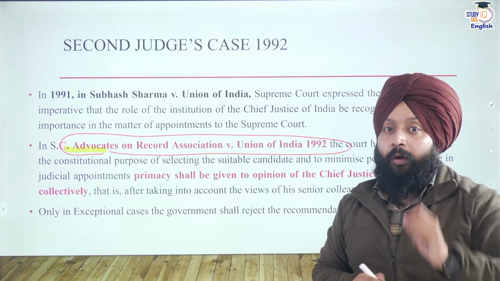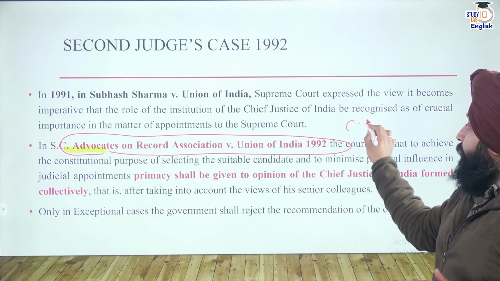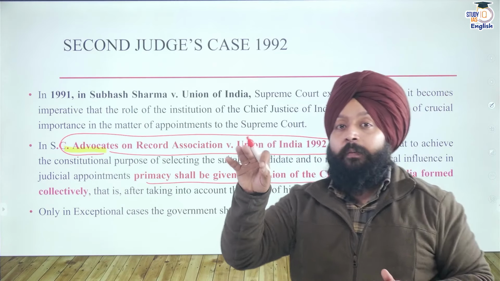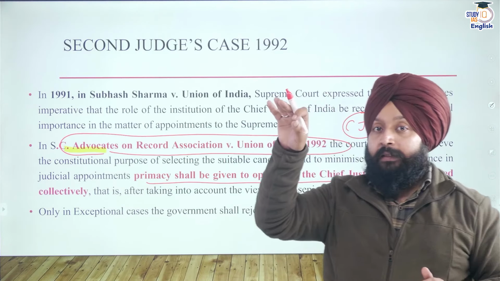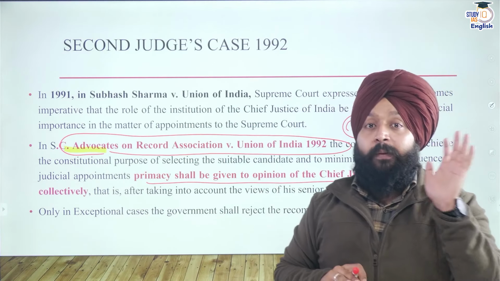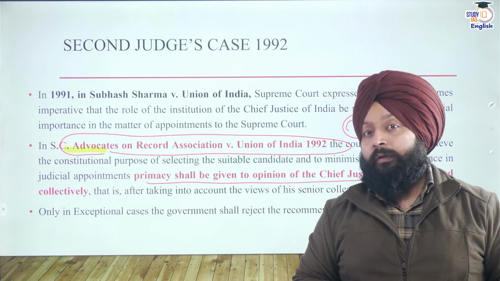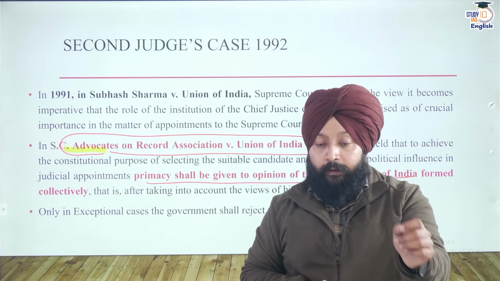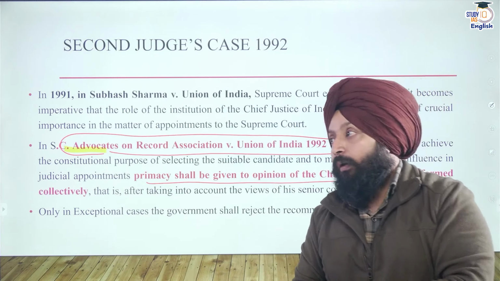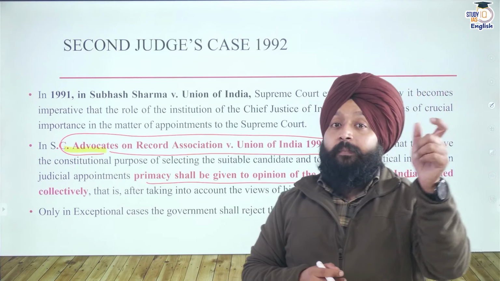So the court said it is important that judicial independence shall be maintained, and for that purpose, the CJI, Chief Justice of India, shall be given primacy in the appointment of judges of the Supreme Court and High Court. That means the appointment process, or the final seal on the name of a candidate, will be made by the president, but the opinion of the Chief Justice of India shall be of final importance. That means if the CJI opines that a particular person shall be appointed as a Supreme Court judge, even the president cannot negate his opinion.